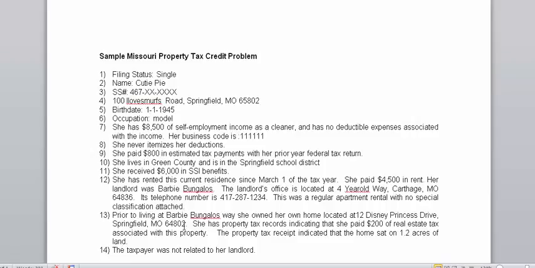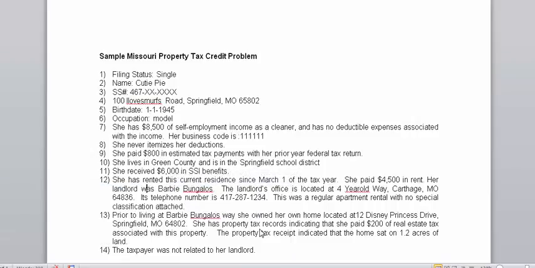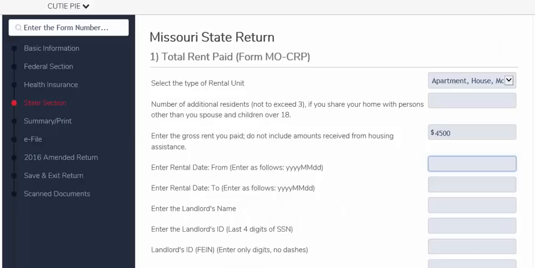And as far as we know, she's still living there. So she moved in 03/01/2017. Oops, I guess you have to put your slashes in: 03/01/2017. Sometimes software will do that for you, but not this one apparently. And she's still there. So when it says enter rental date 2, we're going to put the end of the